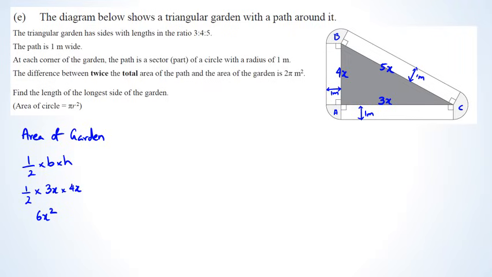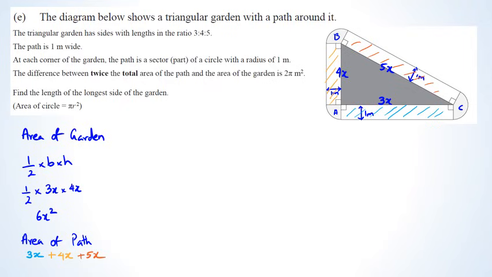Now as for the area of the path, I should have used different letters. The area of the path is basically what I'm shading here: the light blue, the yellow range here, and the orange range here. The light blue area is 3x times 1, so that's 3x. The gold one is 4x times 1, so plus 4x. And then the orange one is 5x plus 1 times 1, which is 5x. So then the area of the path